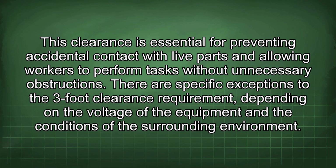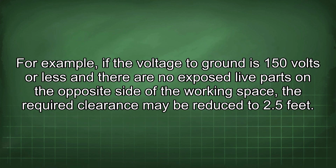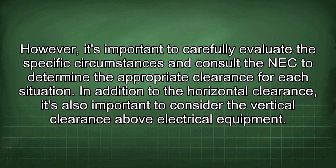without unnecessary obstructions. There are specific exceptions to the 3-foot clearance requirement, depending on the voltage of the equipment and the conditions of the surrounding environment. For example, if the voltage to ground is 150 volts or less and there are no exposed live parts in the opposite side of the working space, the required clearance may be reduced to 2.5 feet. However, it's important to carefully evaluate the specific circumstances and consult the NEC to determine the appropriate clearance for each